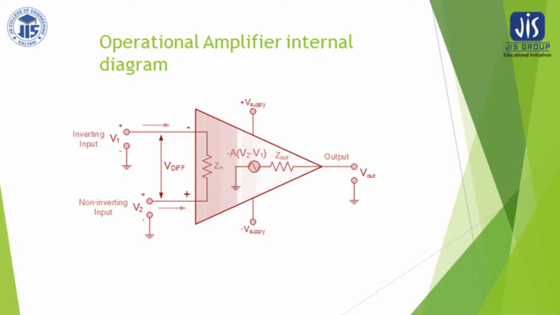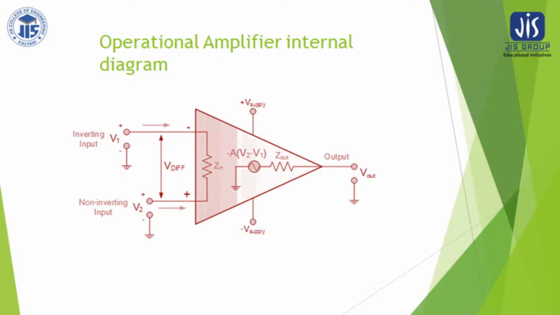But practically we are not getting such a high value because the op-amp is biased by two voltages. One is the positive voltage, another is the negative voltage. And see the voltage limitation: it is a minimum of 5 volt to 15 volt, and minus 5 volt to minus 15 volt. So if the upper limit is 15 volt, how is it possible to get such a high value, 10 kilovolt? Whenever we get a positive value exceeding this 15 volt, we get V saturation at the output.